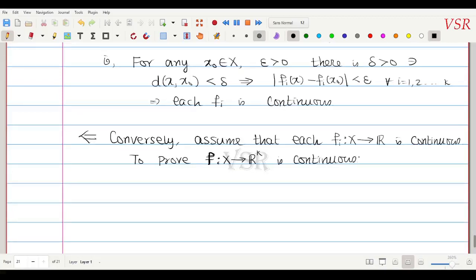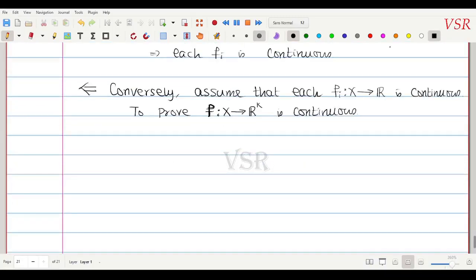அப்படின்னா என்ன சொல்லணும் அப்படின்னா, that is, find delta positive. அப்போ நான் முதல்ல எழுதுகிறேன்: let x not be a point in X, let x not belong to capital X, and epsilon be positive. இப்போ என்ன கண்டுபிடிக்கணும் அப்படின்னா, find delta positive such that